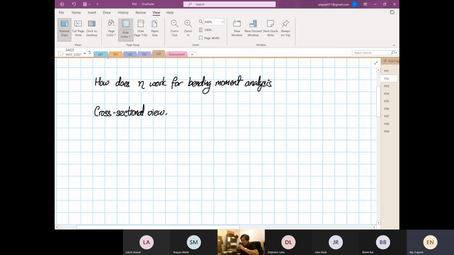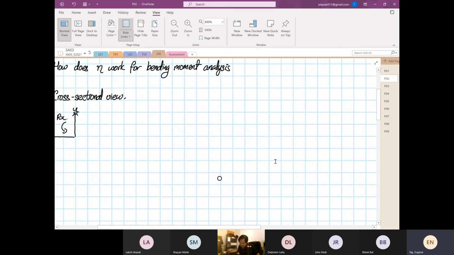So if I were to draw our transformation, this is our y, this is our z, this is the rotation in x. Okay, so cross section. So let's say we have a material,